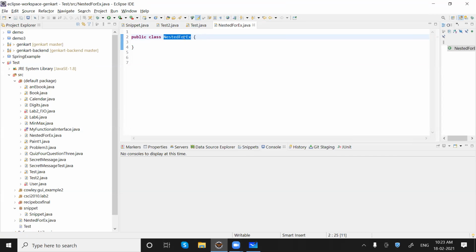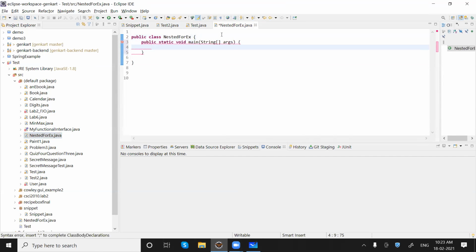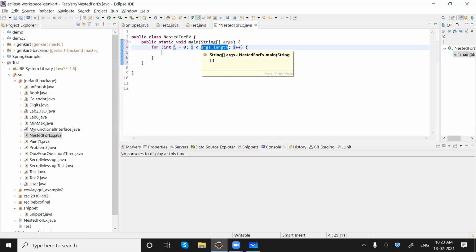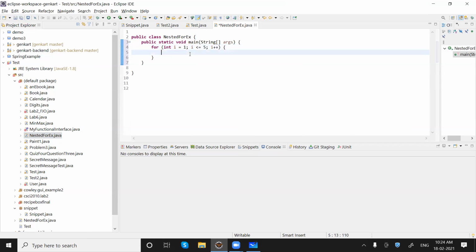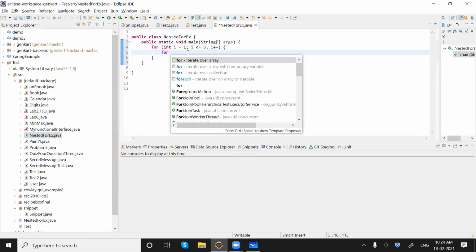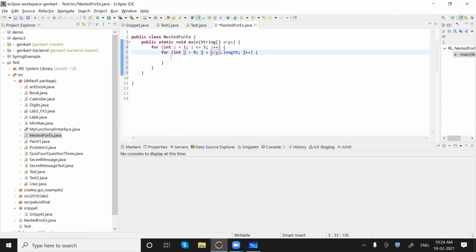So you can see I have just changed the name here, and the name here also gets changed, right? Now let me define the main method, and we'll be doing a for loop. Inside this we will have another loop. I'll start it from 1, then we will be doing the same thing again, and it will be 3 here as per our example.